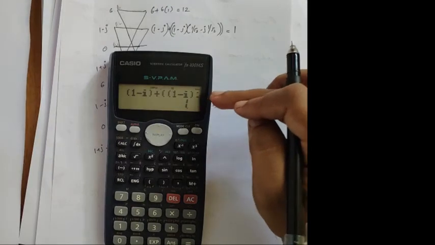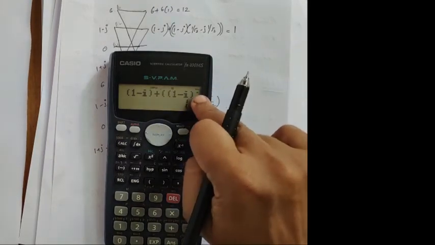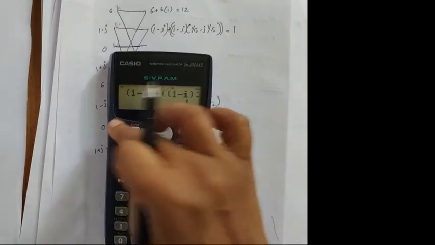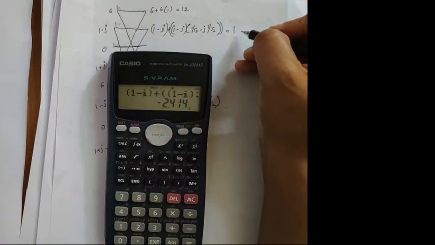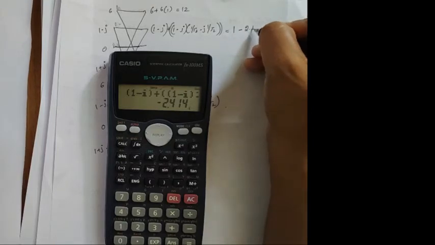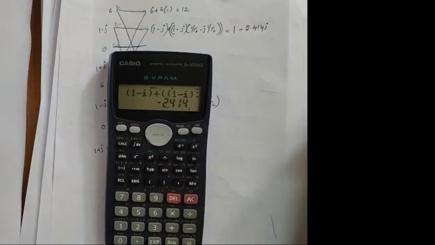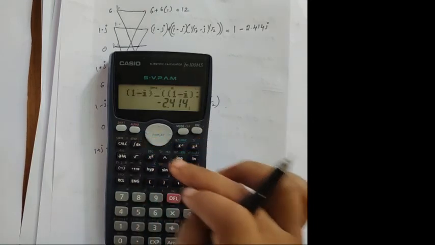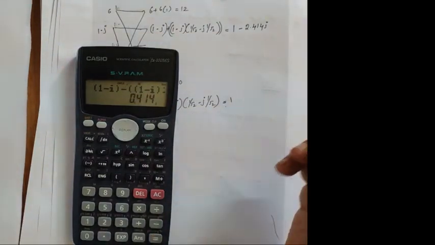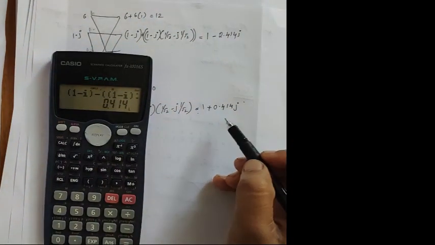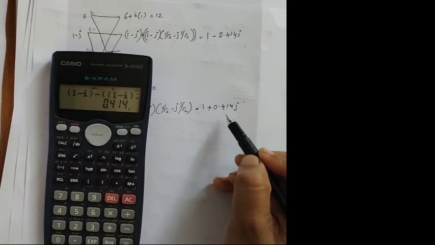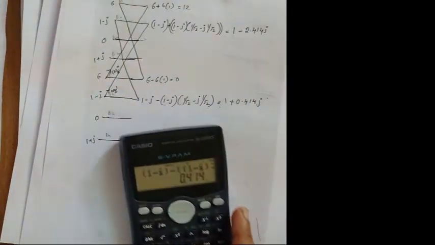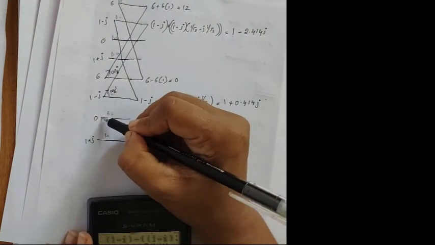And you can see there is an imaginary indicator over there at the top. Real and imaginary is given there. So shift equal, you will get the imaginary value, that is minus 2.414 j. So don't delete this. Directly you can come back and just change the sign over here to minus. You will get 1. Shift equal, that is 1. So you got 0.414 j.